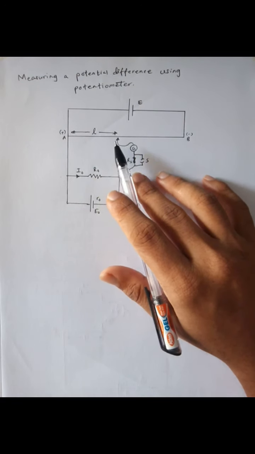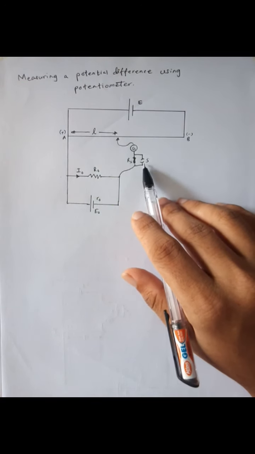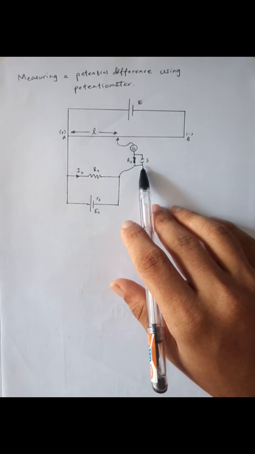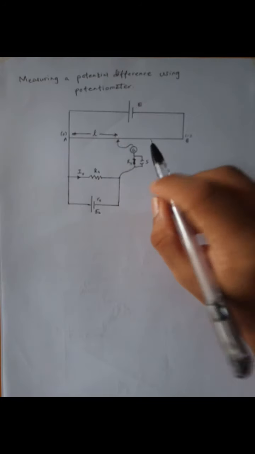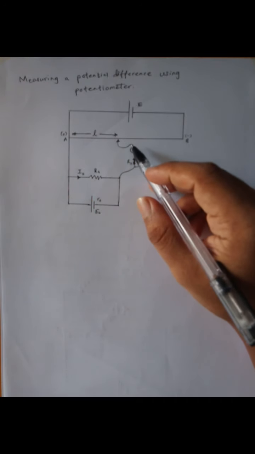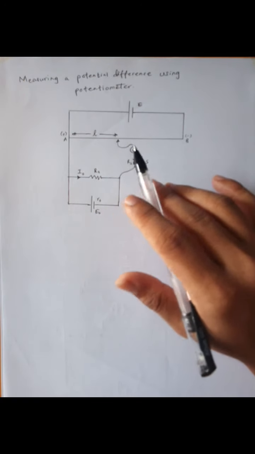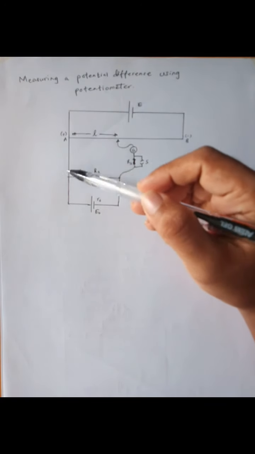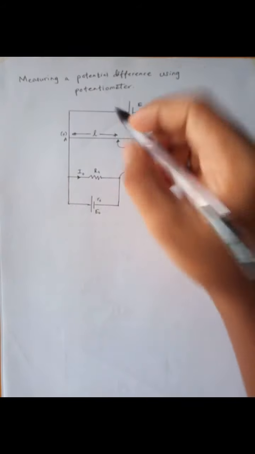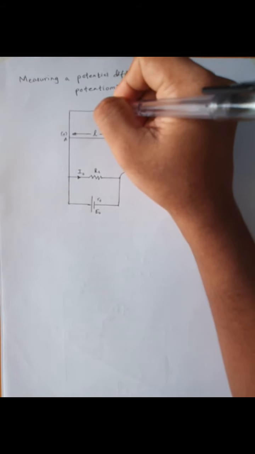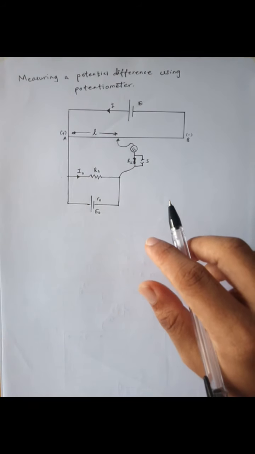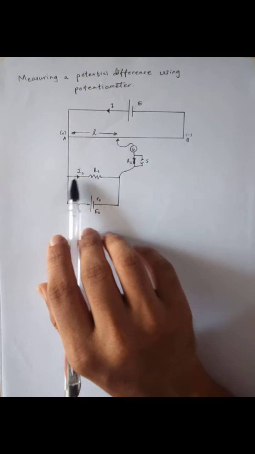Next, you want to take the balance length roughly while keeping these switches open, as I explained earlier. And finally, you can close this switch and obtain the exact balance length. At the balance length, we know the galvanometer shows zero deflection. That means current through the galvanometer is zero. Also, once we balance the potentiometer, there will be no current passing through this wire as well. So this I naught current will pass through this circuit. Here, if I consider the current through this circuit is I, it will flow through this. Now, since the potentiometer is balanced, I can say this potential difference is equal to this potential difference.